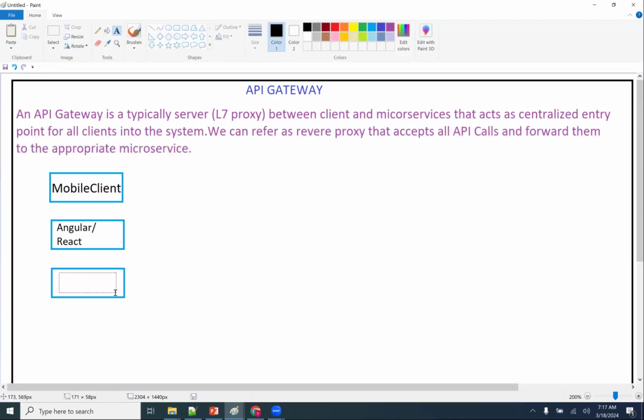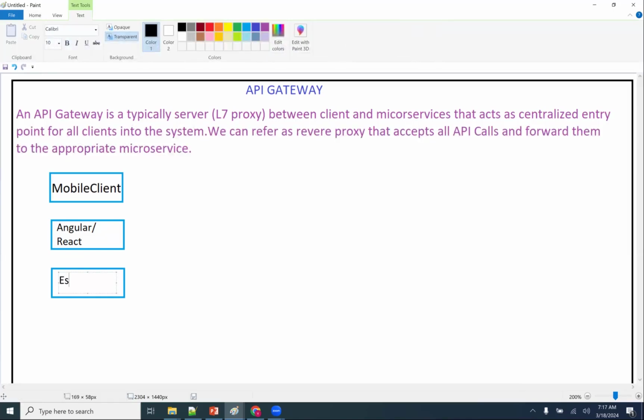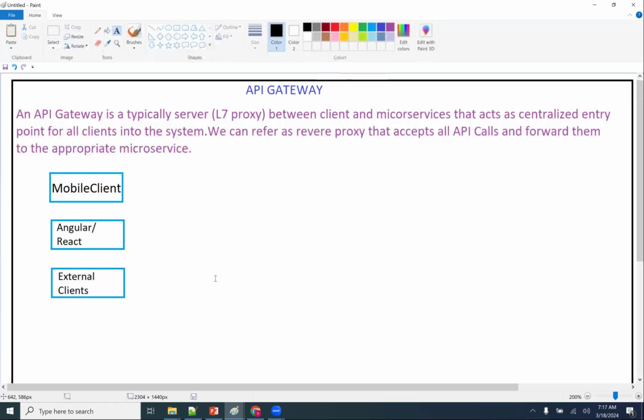Next one is external clients like Swiggy or Zomato, anyone. External clients, mobile clients, Angular or React clients are external clients. So assuming that our microservices are